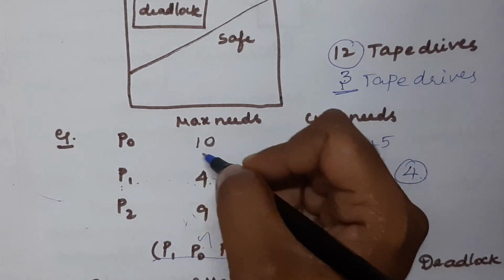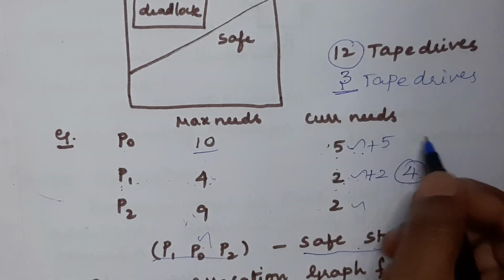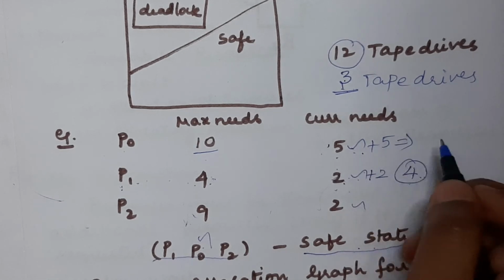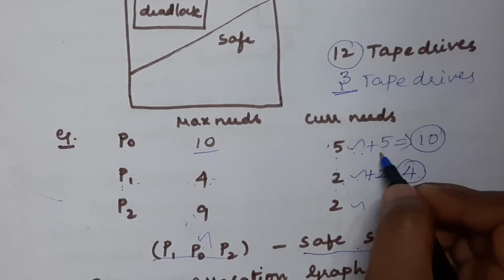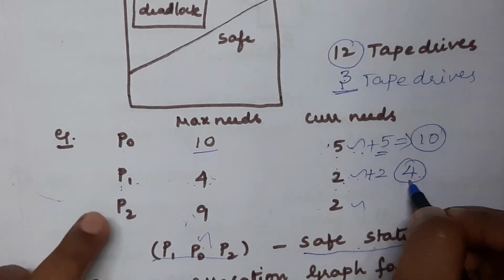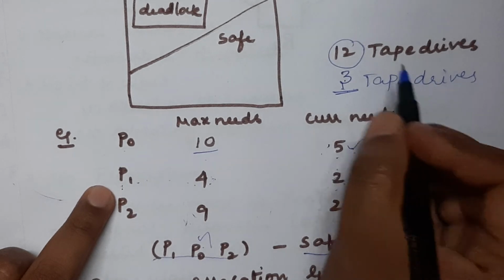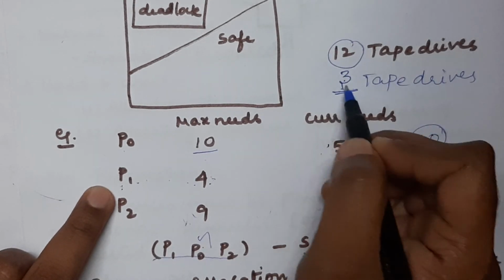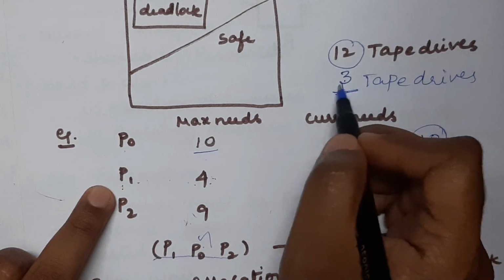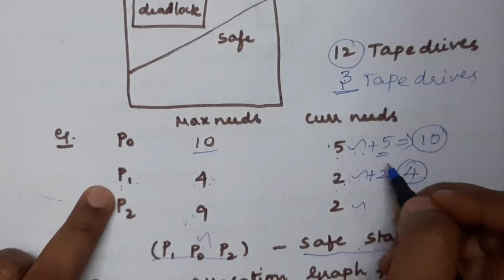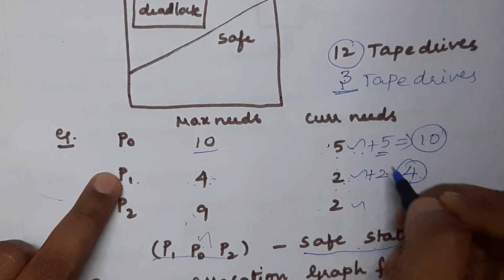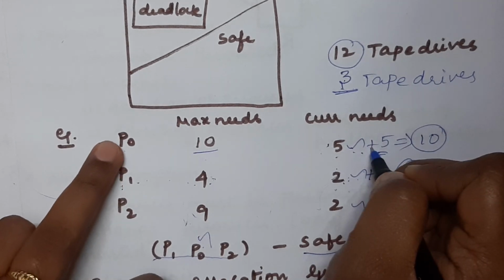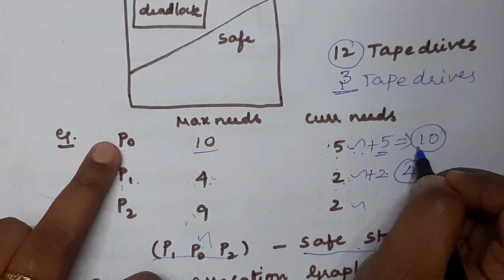So the remaining number of resources is 5. So 5 plus 5, 10. So maximum needs has been achieved. After using all these resources, it will release 10. How did we get this? We allocated 5, though we actually got 4 resources from process P1, and already we have 1 resource, because only 2 resources we had allocated. So already we have 1. So totally we got 5 resources after the completion of process P1. So we can allocate all the remaining available resources to process P0, and we actually got 10 resources.